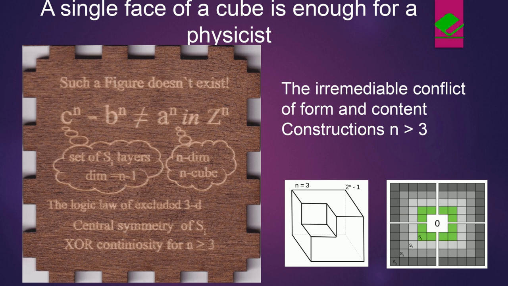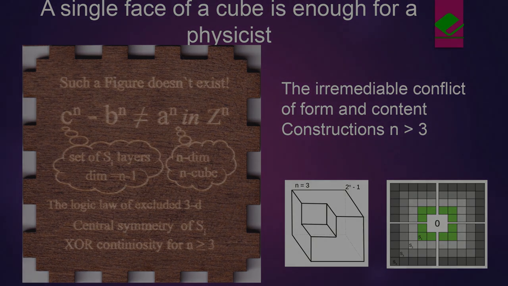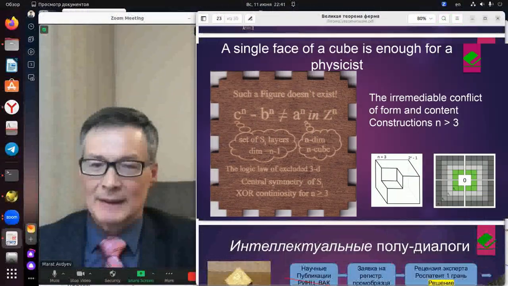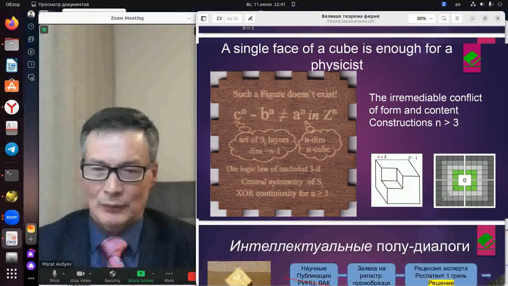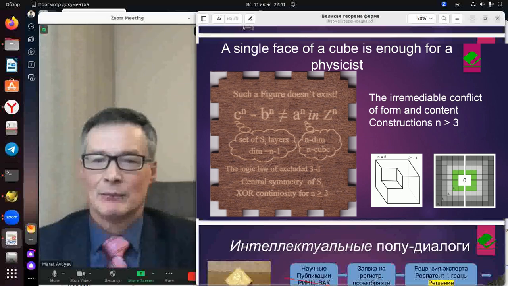This set will be asymmetric, or will have an irrecoverable symmetry defect or violation of continuity of layers for dimension n/2. It is impossible to describe the same construction in such a contradictory way. There is a conflict in the properties of dimensionality, continuity, or symmetry. Hence, such a construction does not exist in nature.